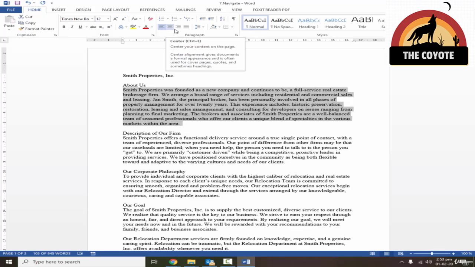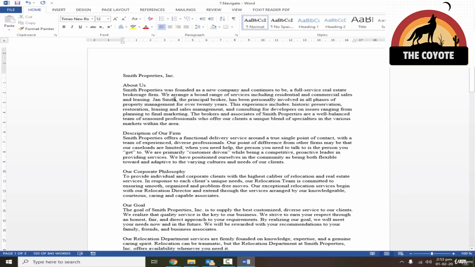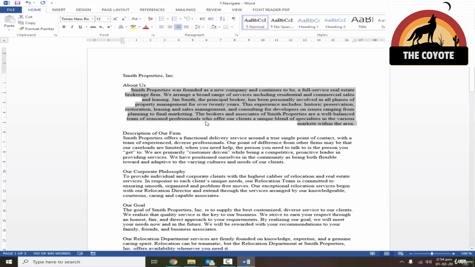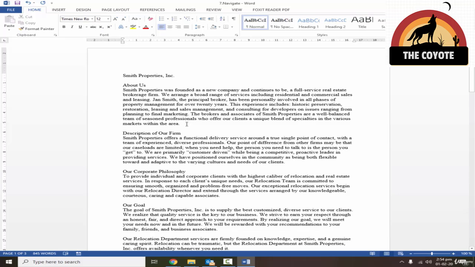You can find these shortkeys when you hover over this option. For example, for the right align, you can see in this area, Ctrl R is the short key. I'll just select it and press Ctrl R. So these are the common ones. But for example, you forgot the short key and you want to apply it.